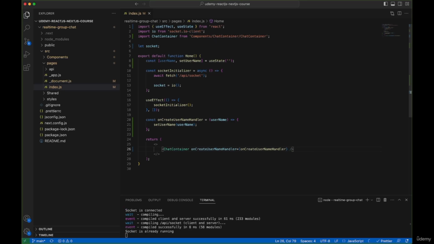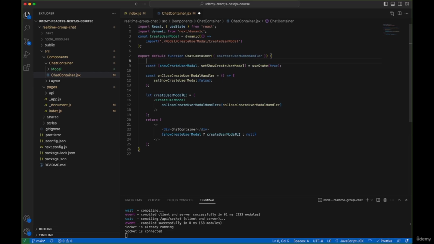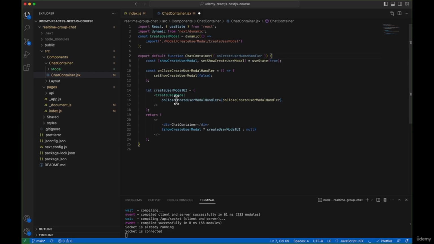Let's format our code and save it, and inside our chat container, let's go and use this as a props. So use a curly brace in order to pass this props and use it over here. So just like how we have our own close create user model handler, we'll also pass our own create username handler to our create user model like this as a props, and go inside our create user model,